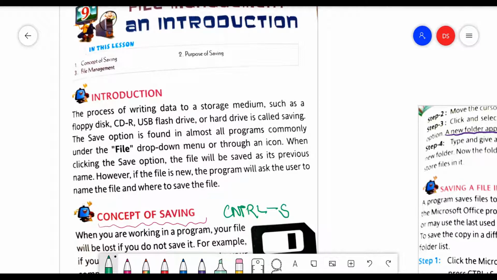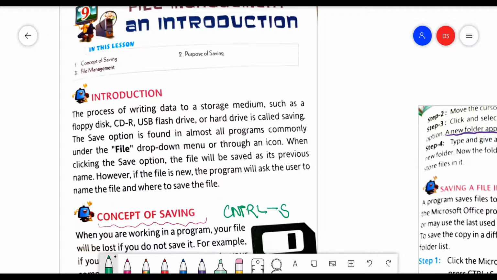So I am telling you that this is very compulsory, to save the work in the computer. When we give Ctrl S, the work is permanently saved in the computer's memory, because in future if we need the work, we can view our work. If we have saved the work by the file name, we can see our work in future anytime. This is the purpose to save the file in computer's memory.